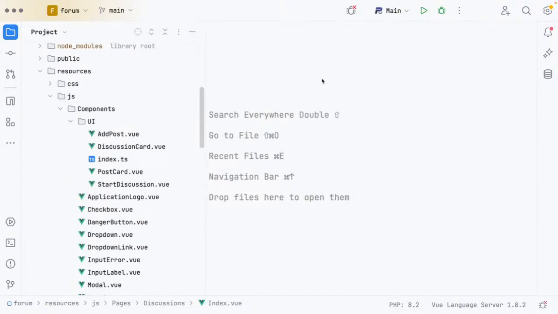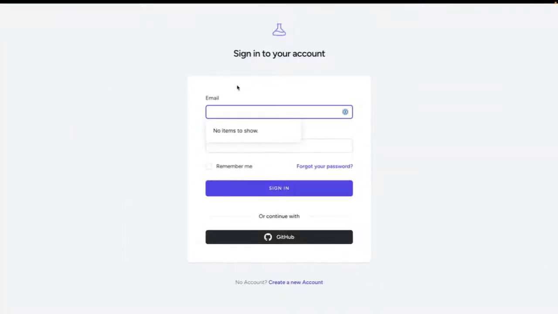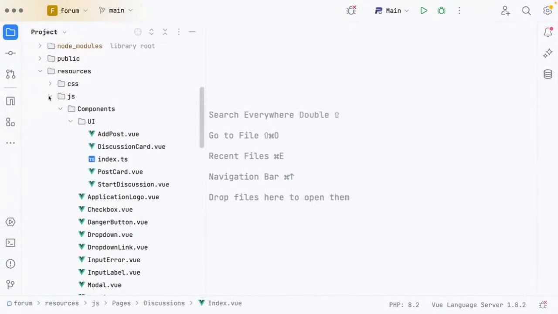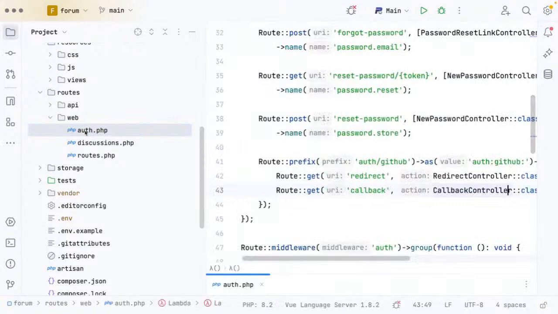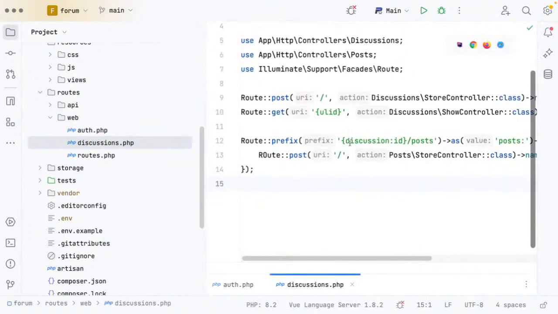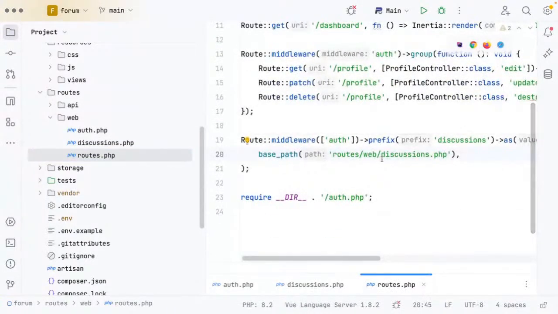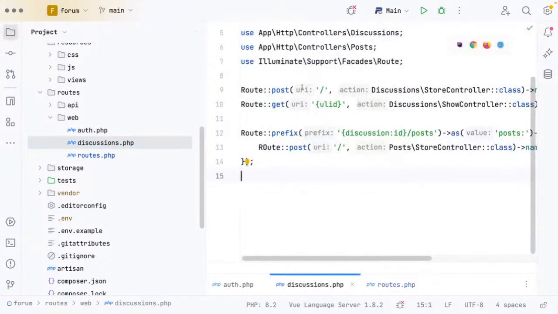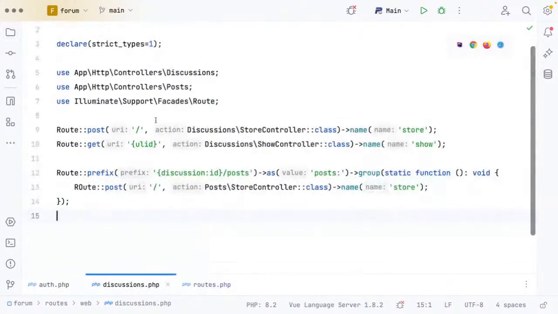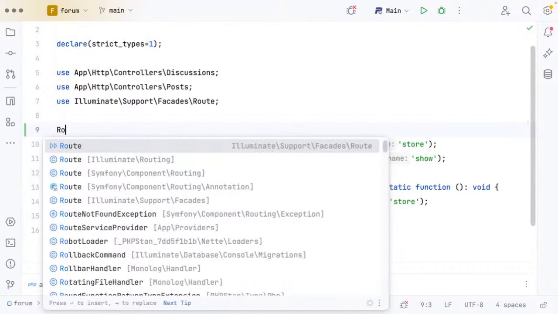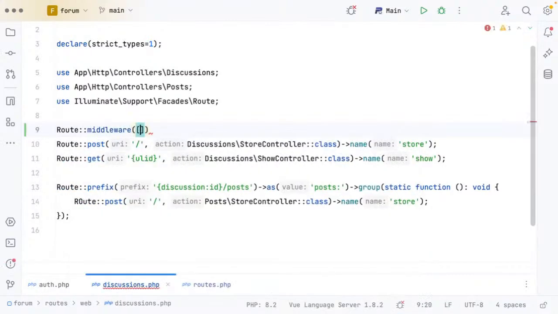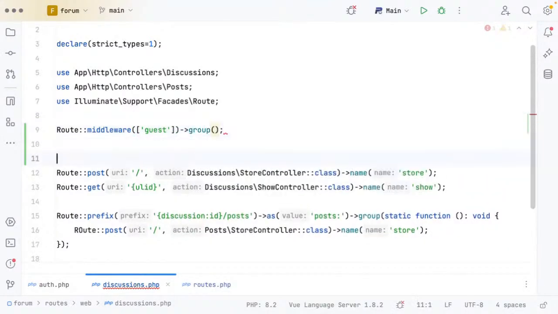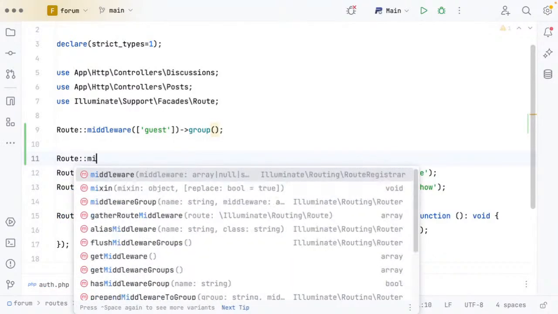So the first thing that we're going to start with is let's fix the I can't see that unless I'm logged in, because that's a bit annoying, right? You want to be able to follow a discussion. So discussions, their roots. We're wrapping the whole thing in middleware, which I don't think we should do. What we want to do instead is we want to kind of group these by guest and not guest, right? So root, middleware, guest roots at the top, and then root, middleware,